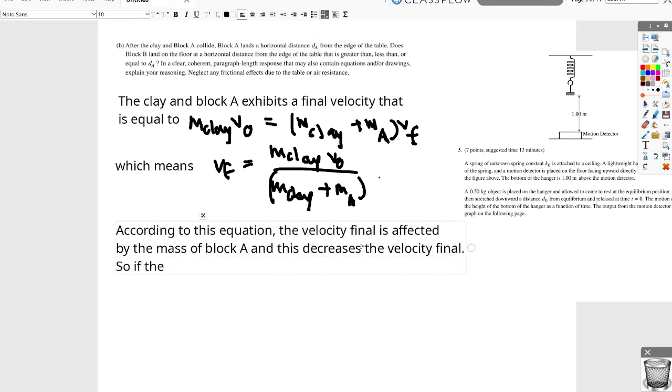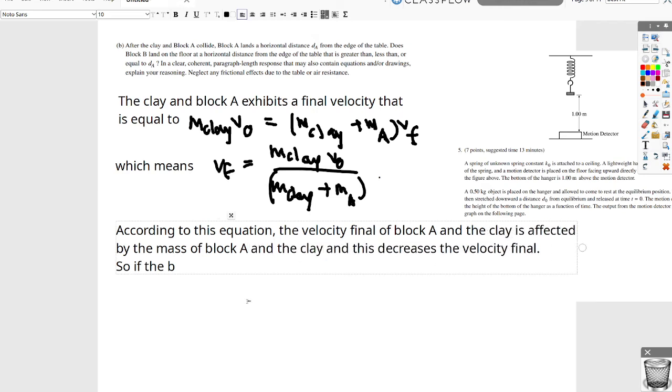So the velocity final of block A and the clay is affected by the mass of block A and the clay, and so this decreases the final velocity. But we only care about block A, so in fact I'm going to remove the clay right here. So the velocity final of block A is affected by the mass of block A and the clay. This decreases the velocity final